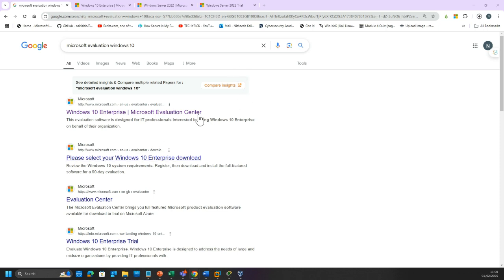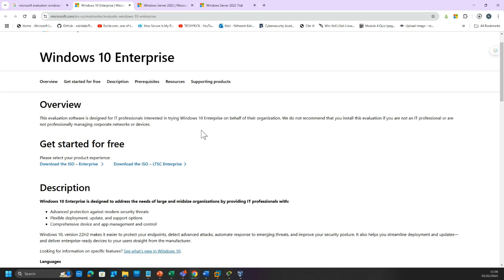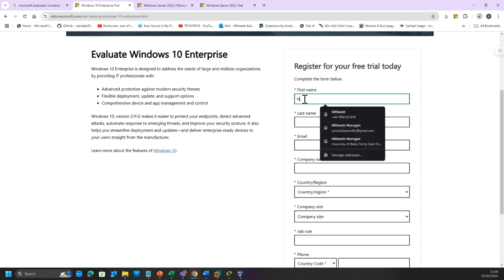So you have to make sure that you are downloading the enterprise copy of it. The personal copies won't support hypervisors, so you have to download the enterprise. So when you click on the link, download the ISO enterprise. So you can type your details here,